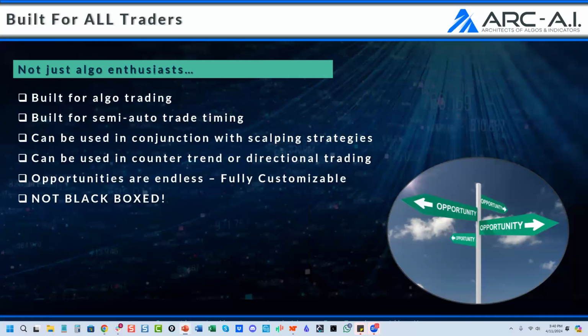So one last thing, because I know I get questions on this, and then we're going to get into the charts. This is not a black box. This is an automated strategy, an algo that has a black box signal, but an engine that removes the black box restrictions. So yes, we're giving you the signal. The signals are hard-coded; you can't change the actual signal.